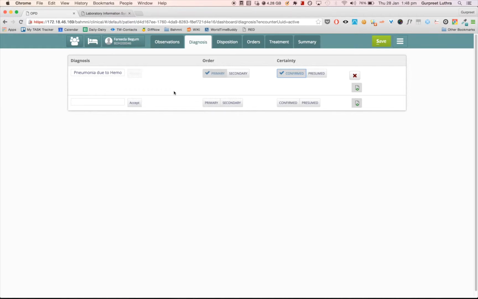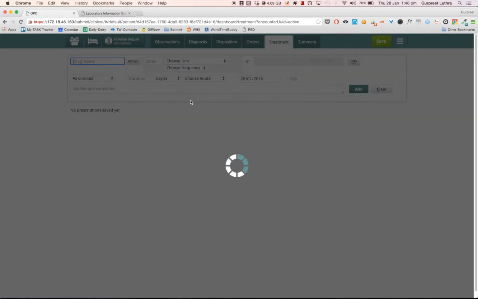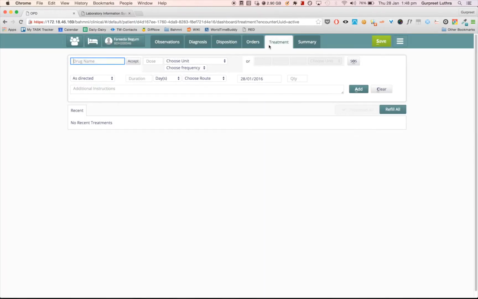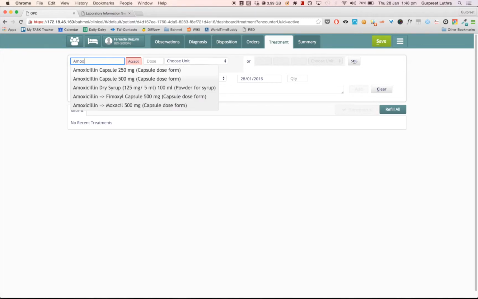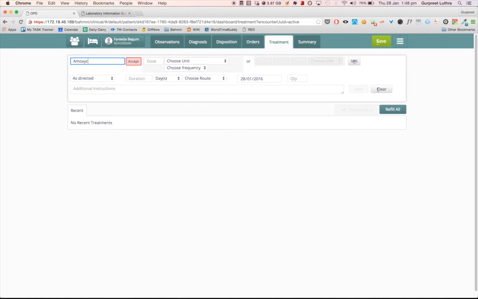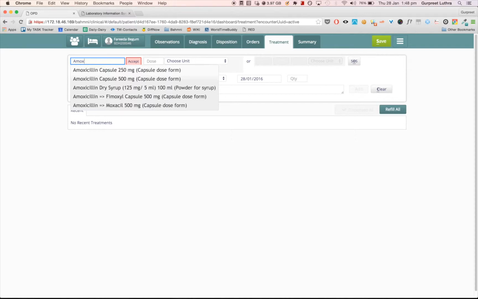The doctor is sure that this is what the patient is suffering from. And now that the diagnosis is done, the doctor would like to prescribe some medicines for this patient. So we come to the treatment tab where you can prescribe medicines for the patient. So for pneumonia, the doctor would like to prescribe amoxicillin. If you see, again, we have a lot of drugs that have already been set up in the system.